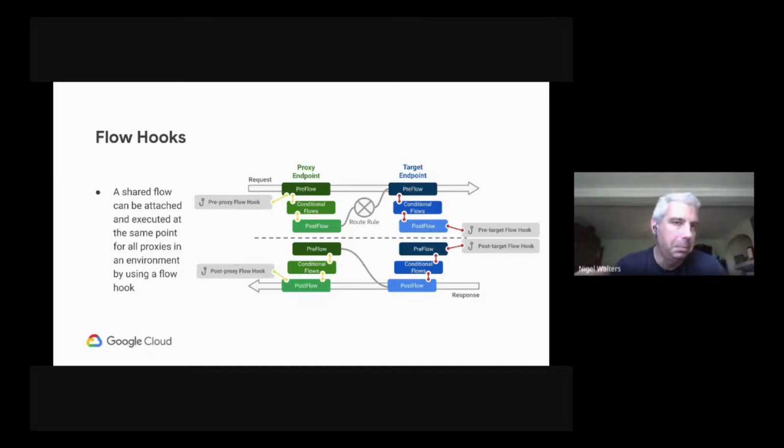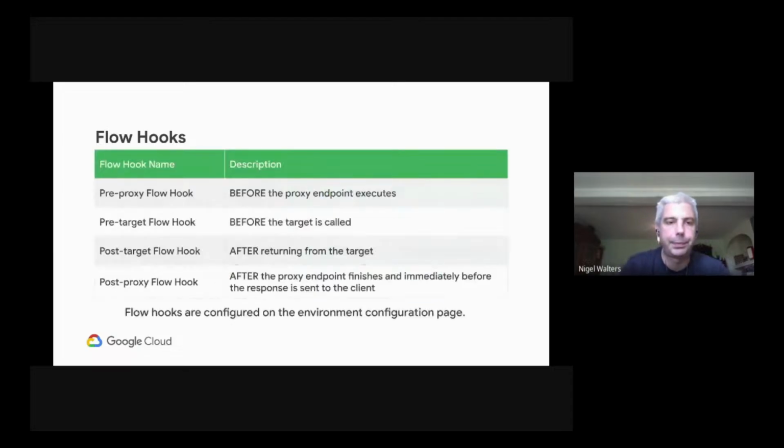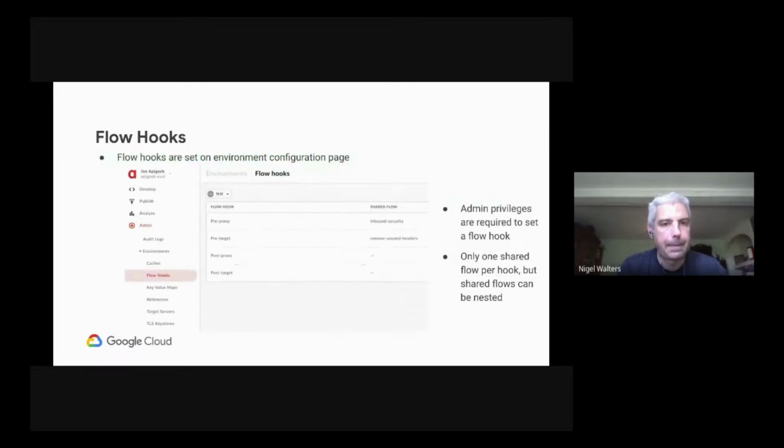So for example, we define our security and our logging policies in this way, and now it is no longer possible for anyone to deploy an API proxy to Apigee that doesn't have these controls that we've defined in place. So quite a powerful capability. Yeah, in terms of the UI, you'll just find it under the admin section and then environments in the user interface to define